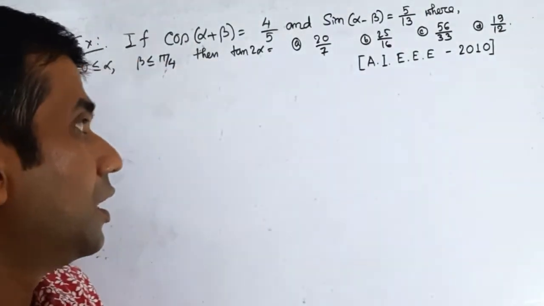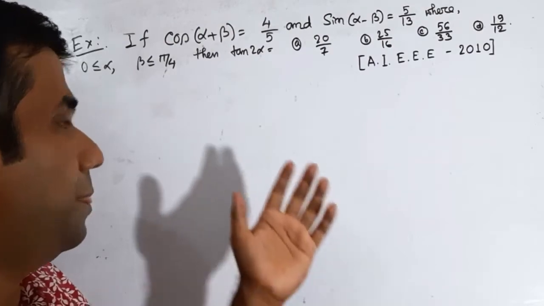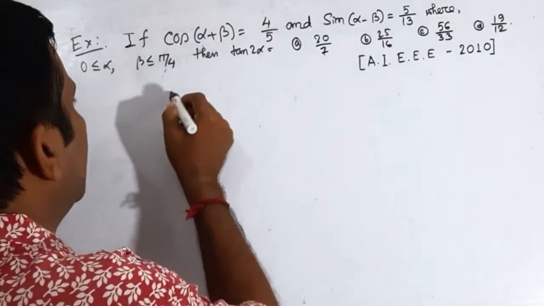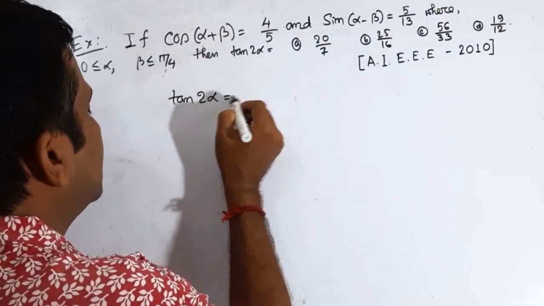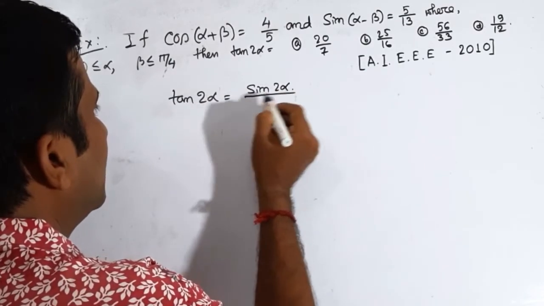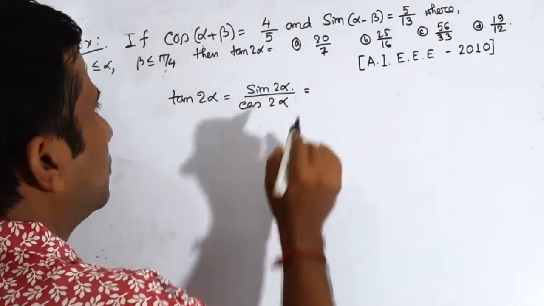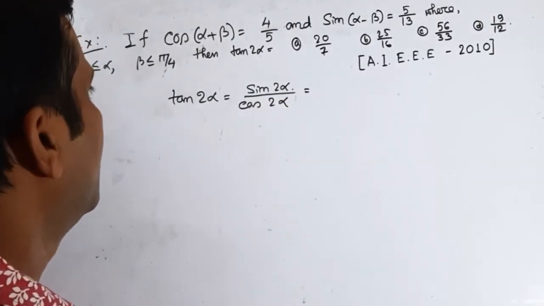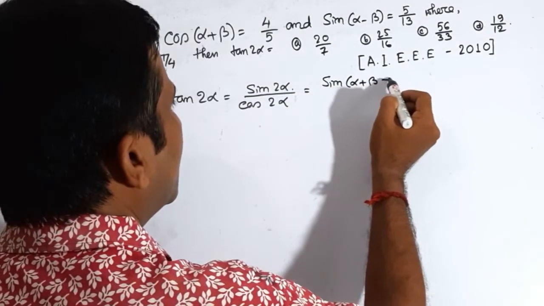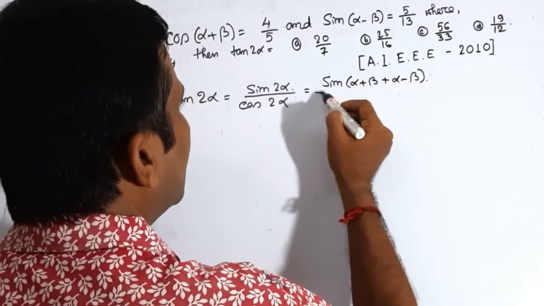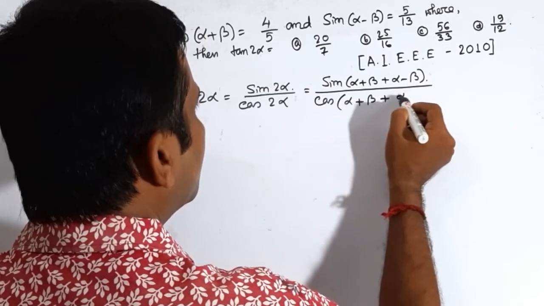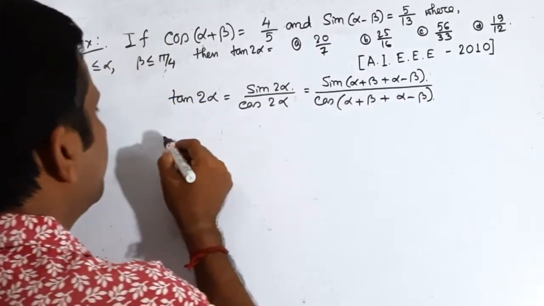Now our first question is tan 2 alpha. How do I solve it? Tan 2 alpha means sin 2 alpha by cos 2 alpha. You know it very well. Now sin 2 alpha means sin of (alpha plus beta plus alpha minus beta), and cos 2 alpha means cos of (alpha plus beta plus alpha minus beta). Then